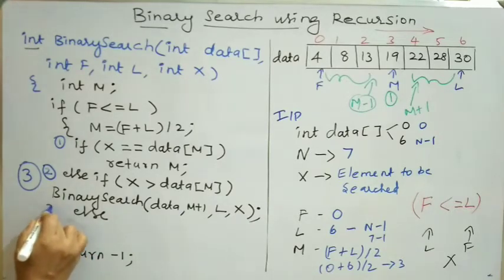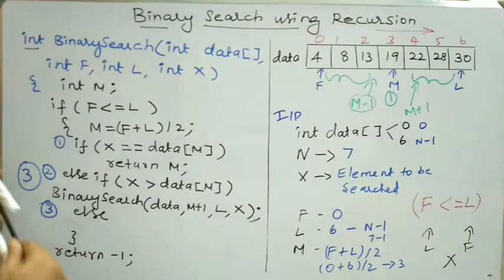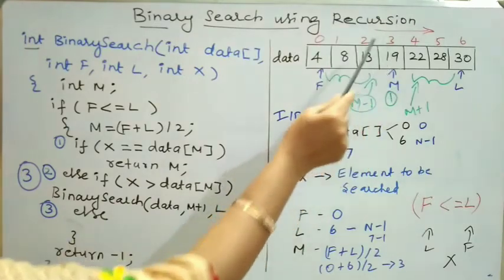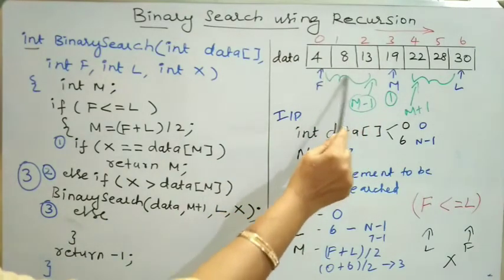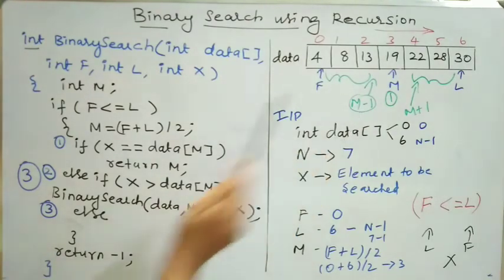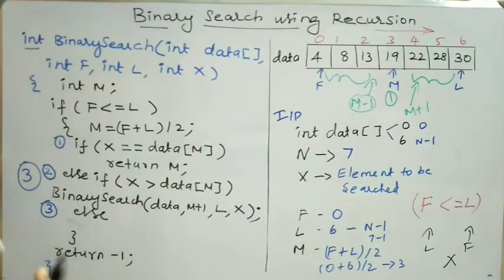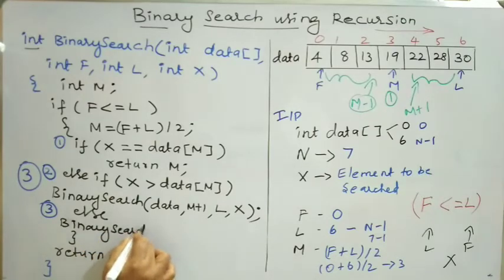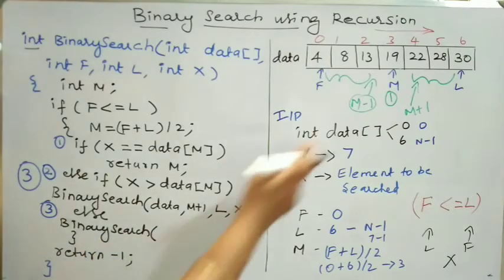This checks for the third condition. The third condition is the value which I am looking for is less than the value in the middle index position m. In that case, I will continue my search in the first half of the array, starting from index position f to m minus 1. So I am coming to the else part. In the else part, again it calls back the same function, binary search, by passing new values of L.